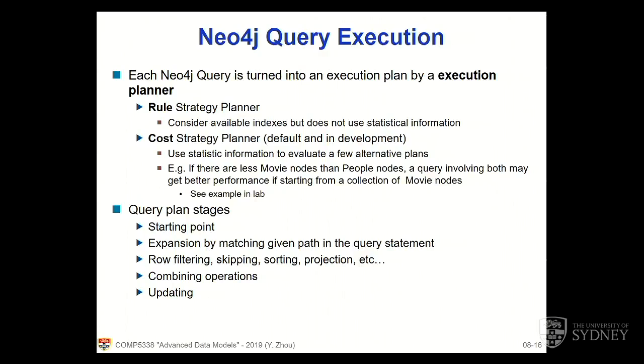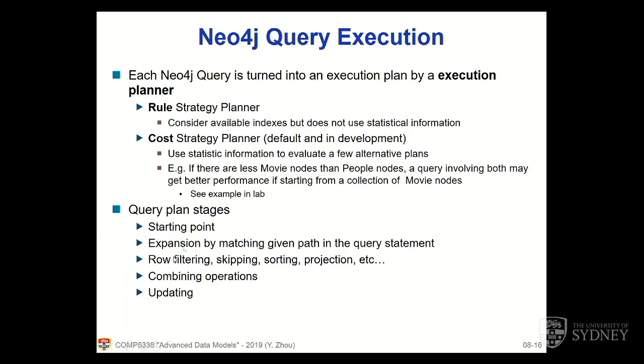The query plan has multiple stages, depending on how complex it is, but it always has a starting stage. Even very simple ones will have a few stages. The first stage is always the starting point: we want to find what the starting point is. Once we have it, it is usually followed by expansion, because most queries have a pattern and you need to do pattern matching. Pattern matching is usually implemented in the expansion stage: starting from the starting point, we try to expand by following the relationships